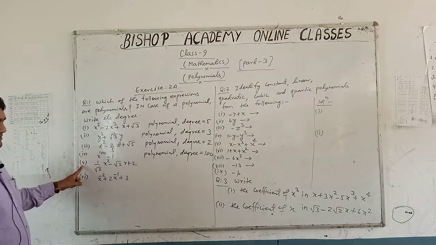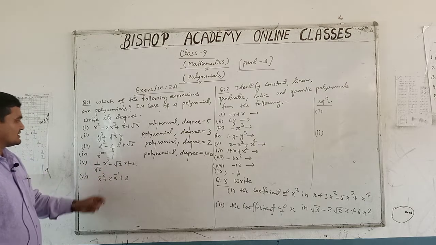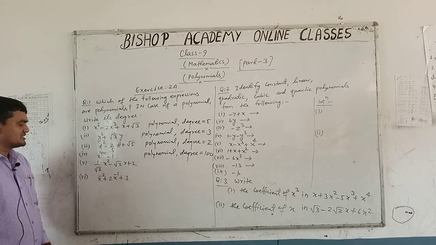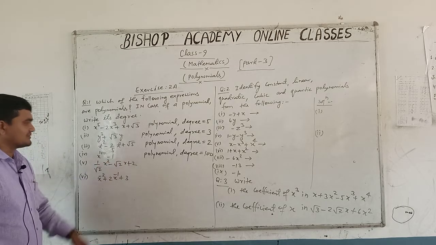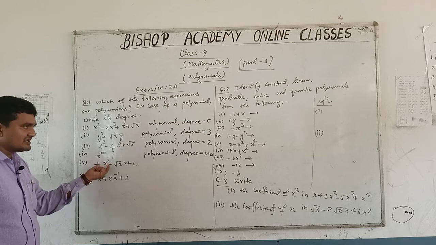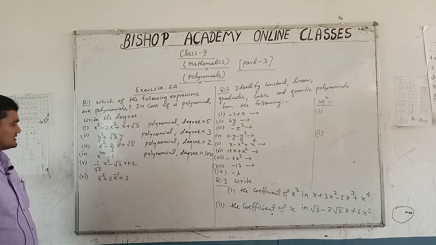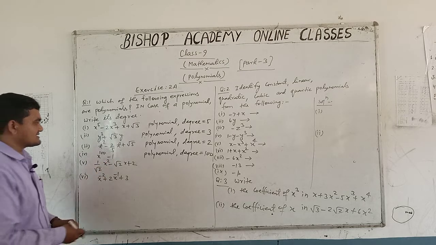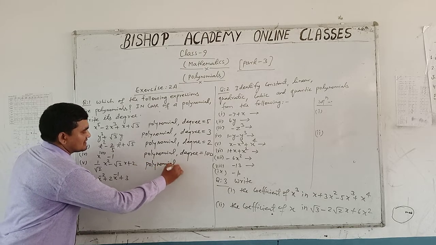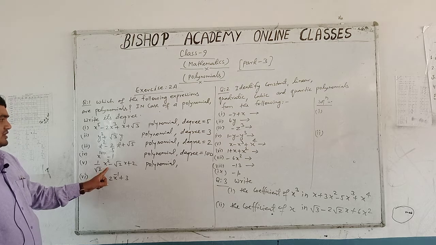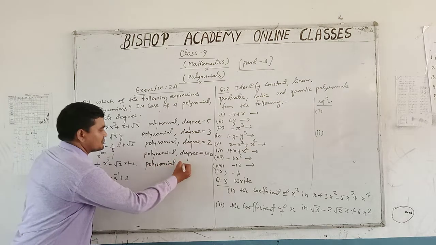Now in fifth part, highest power of this expression is 2, and also we see each term of this algebraic expression is containing non-negative integral power in variable x. Therefore, it is also a polynomial, and highest power of this polynomial is 2. Therefore,